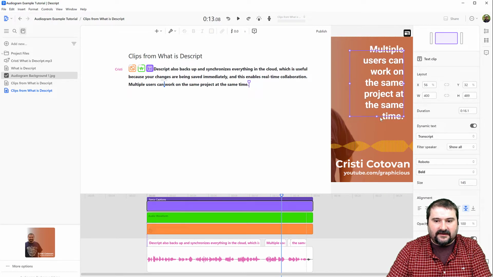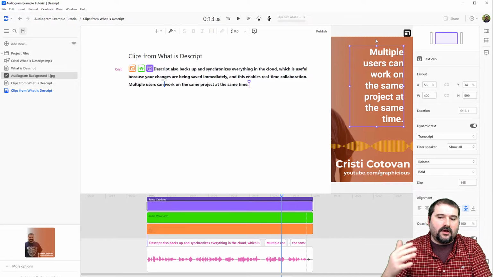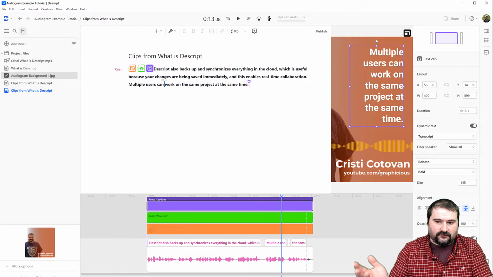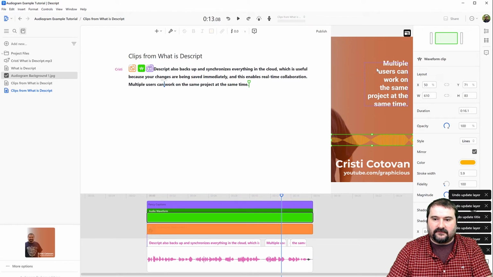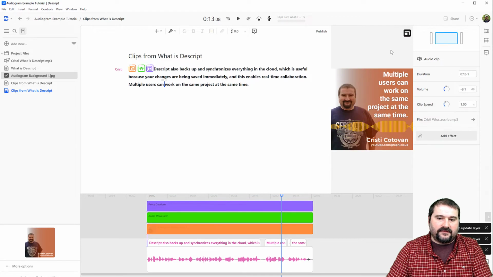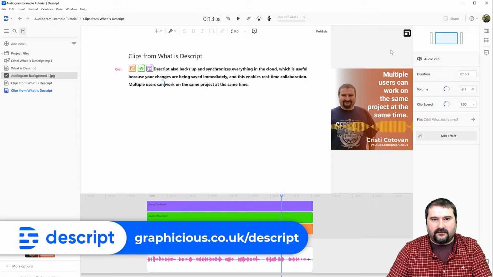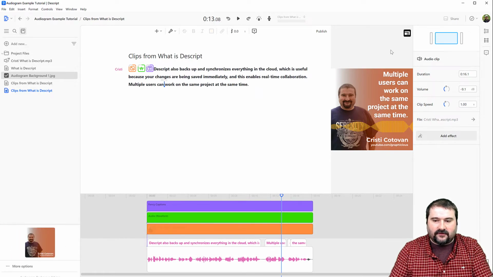In a few clicks, I have actually created a new version, a new aspect ratio of my audiogram for posting on YouTube Shorts, whatever you want to do. So I'm actually going to undo these because I want the square one back in there. This is how you create custom audiograms using the new features that Descript has added, and gives you much more control over the look and the aspect. So I mean, the sky is the limit.